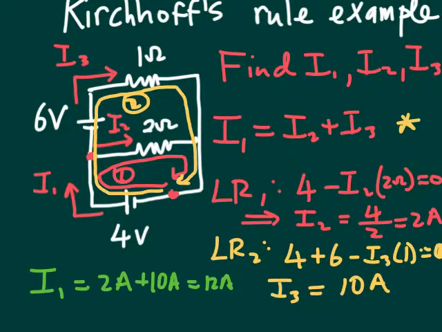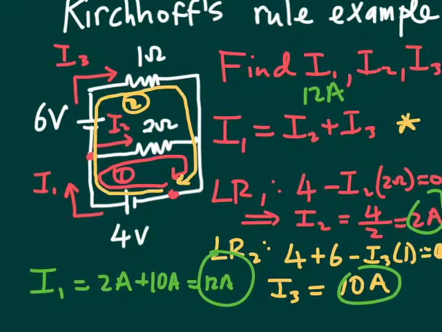So here's your I2, your I3, and your I1. So I1 is 12 amps, I2 is 2 amps, and I3 is 10